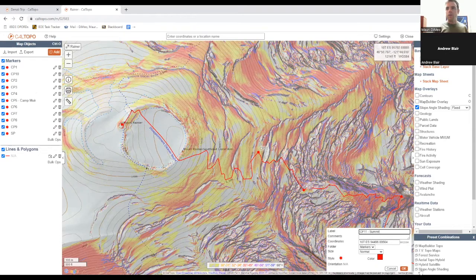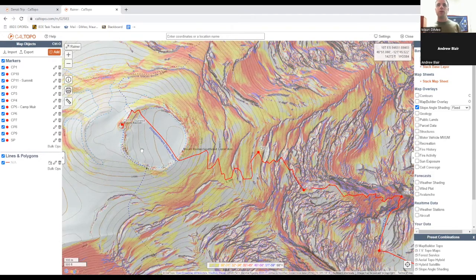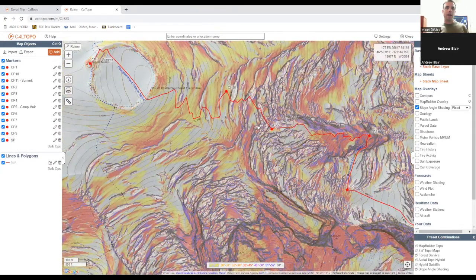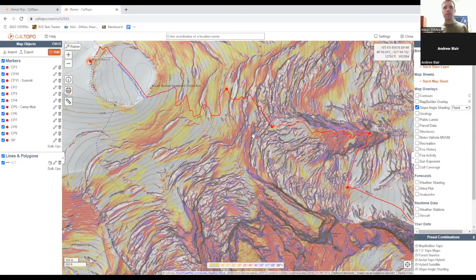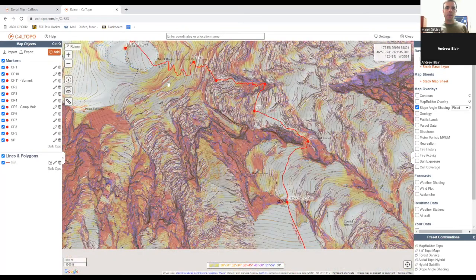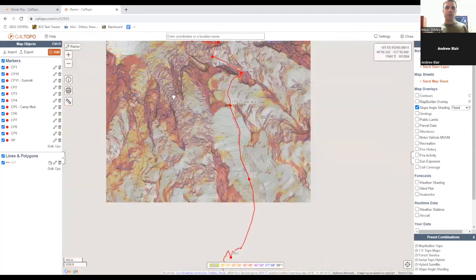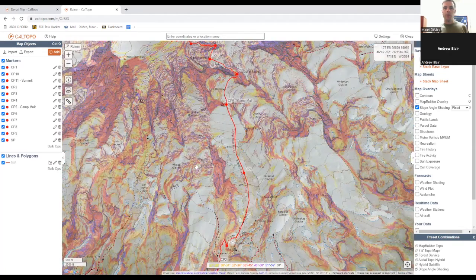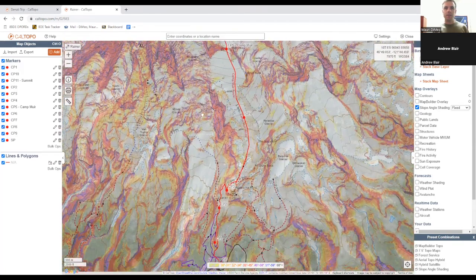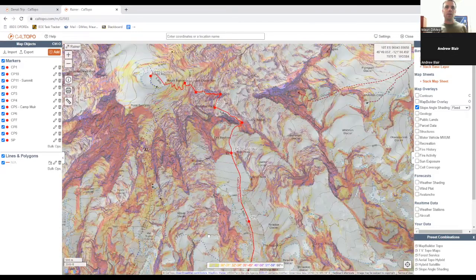Now, you could always put checkpoints going down the route as well, but as long as I am taking the same route down as I am up, I do not do that. The reason is I can just follow my checkpoints in reverse. However, if for whatever reason I decided I want to take a different route down than I had up, then that is where I would add some additional checkpoints. So, for example,